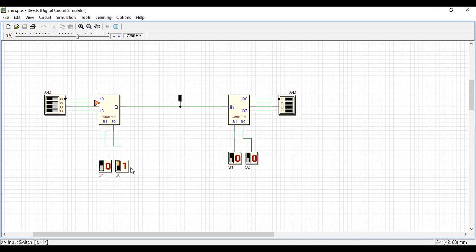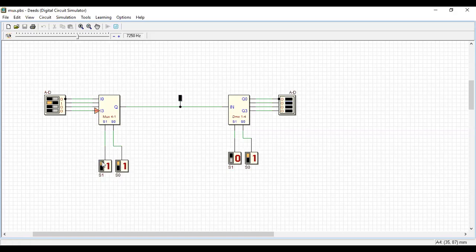So what is the meaning here? Now B can communicate, but B can talk to whom? Here it is still 0, 0. So B can talk to A only still. So I'll make it 1. See, B is talking to whom? B is talking to A. But I want to make it B is talking to B. How can I do it? I want to make this selection line 1. So now B is talking to B. Got it?